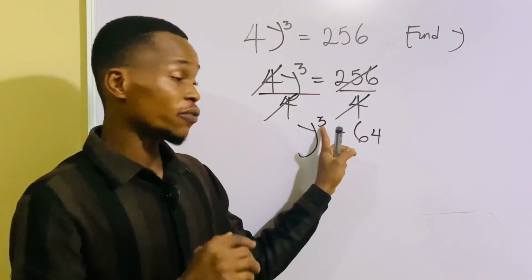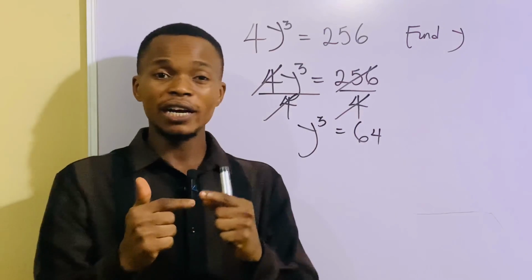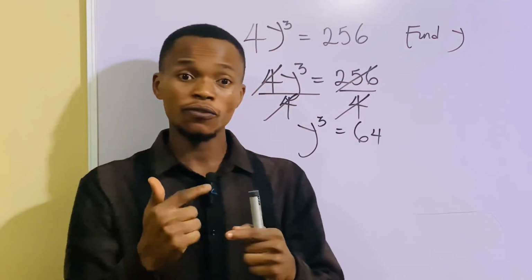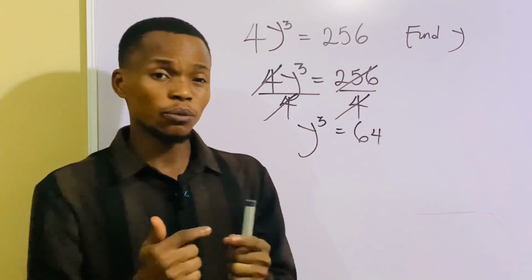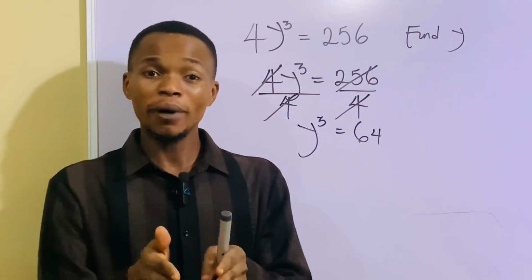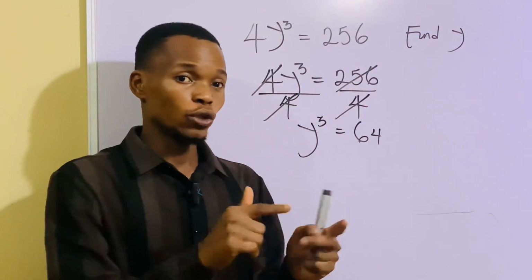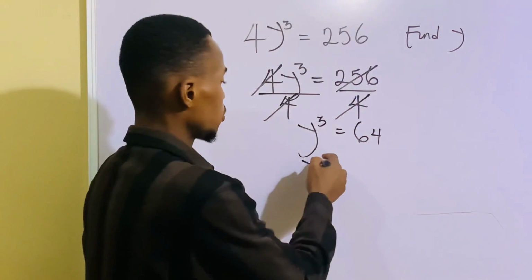Now next, I need y, not y cubed. Now I have to remove the cube. Removing cube means I have to introduce its inverse, and the inverse of cube is cube root. So I'm going to multiply both sides by the inverse of cube, which is cube root. And this becomes